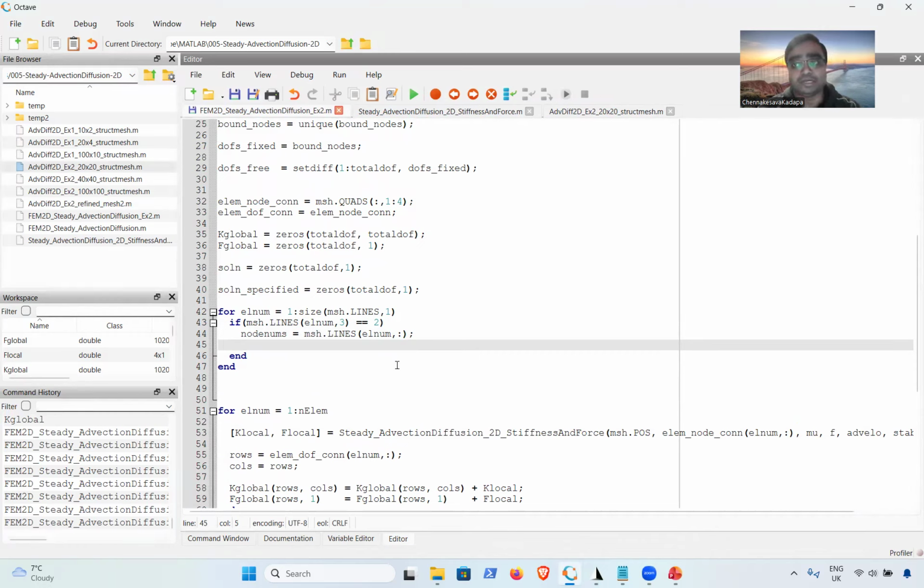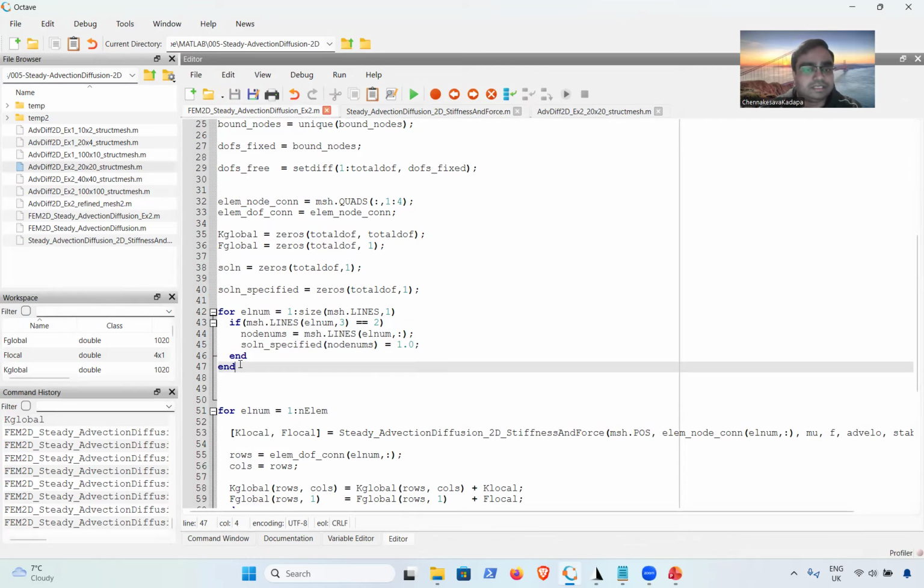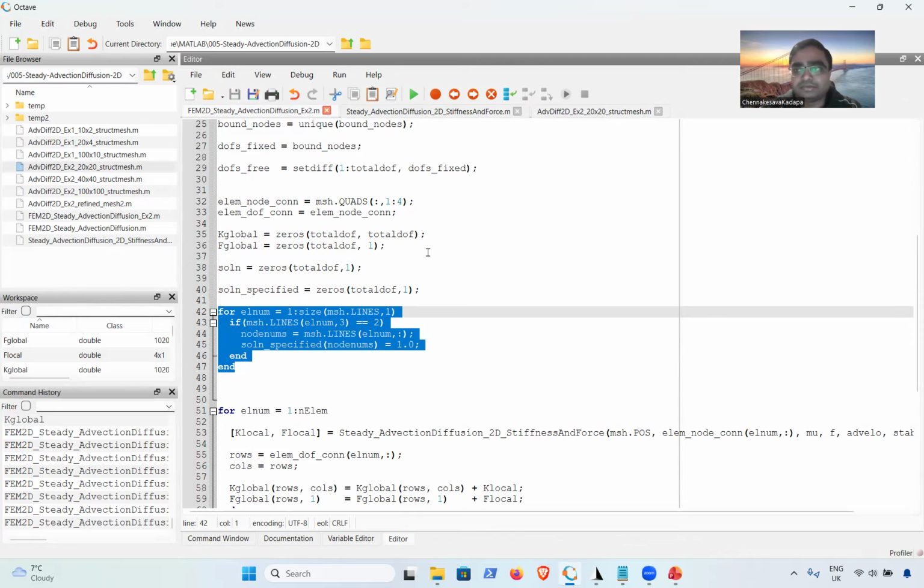And since we have only 1 degree of freedom per node, our node numbers become our degrees of freedom, and then we can use the node numbers and specify that the solution is 1 on those nodes. So this is the major modification that we need to do for example 2, because our boundary conditions are